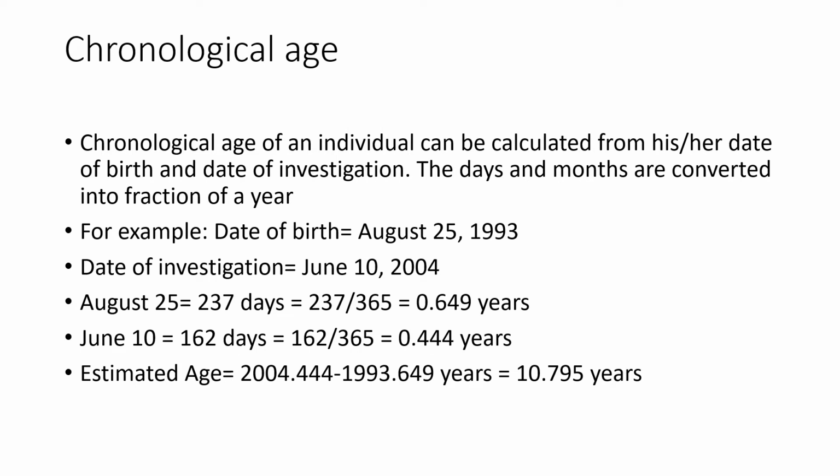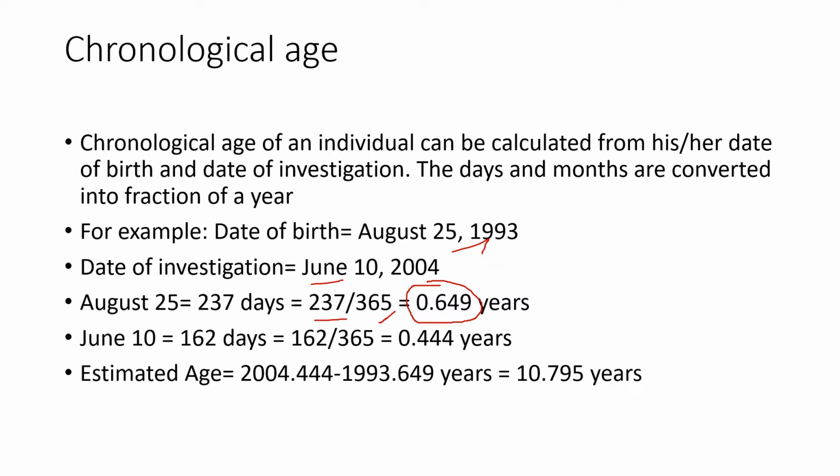All right. Chronologic age of an individual can be calculated from his or her date of birth and date of investigation. The days and months are converted into fraction of a year. For example, you can see birth is August 25th, 1993 here. The date of investigation was June the 10th, 2004. August 25 equals how many days out of the 365 days in a year? It equals 237 days. So this 237 days divided by 365 days is giving us this number,